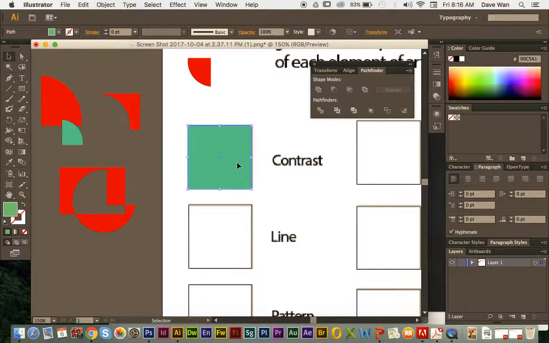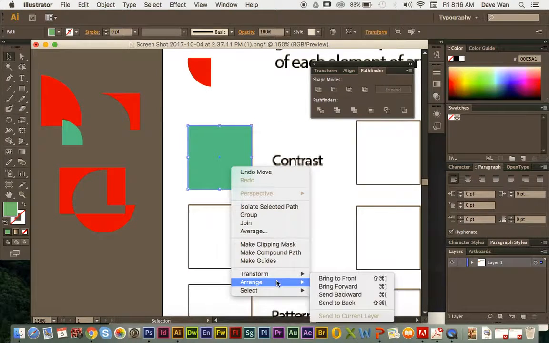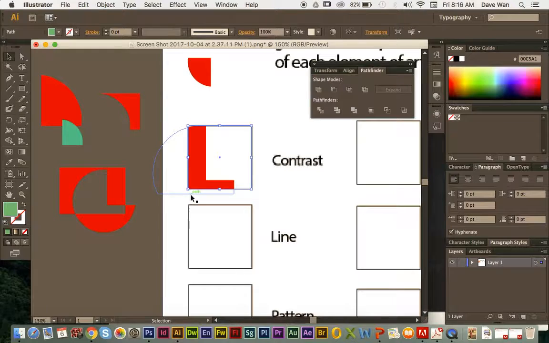And then I put the green background here. If you want to move that green background behind this red shape, you just right click, arrange, and send to back. You can either bring it to front or send it back, or you can send it a little bit at a time. But basically,